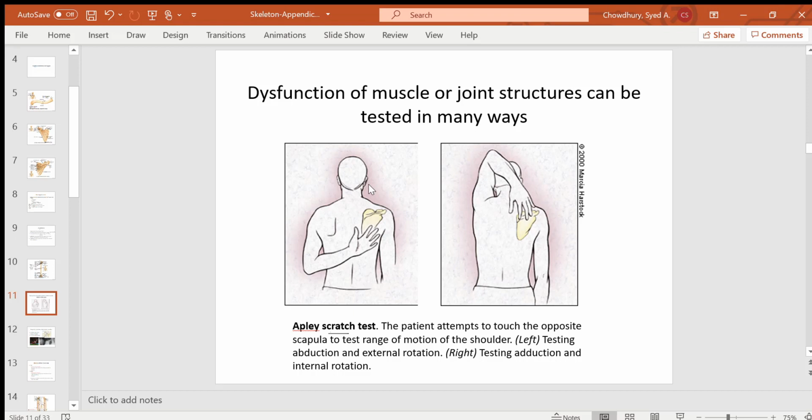Okay, so if you test the left shoulder, you will try to reach the back of the right scapula through, so from below, putting the hand behind the trunk of the body and try to reach there, or from above through the back of the head, you will try to reach to the opposite side's scapula. Okay, so if you can do that without restriction or pain, joint is in good shape. Okay,